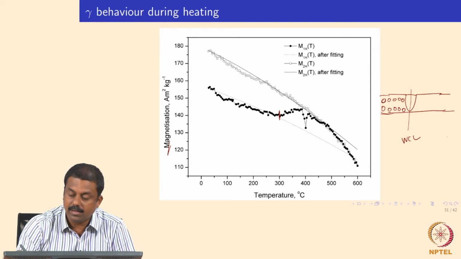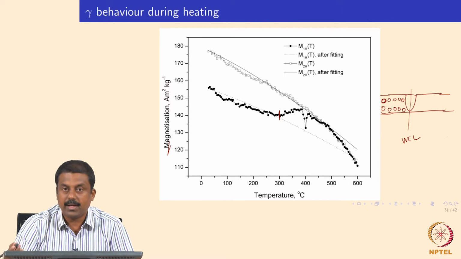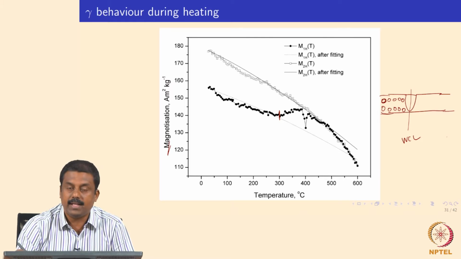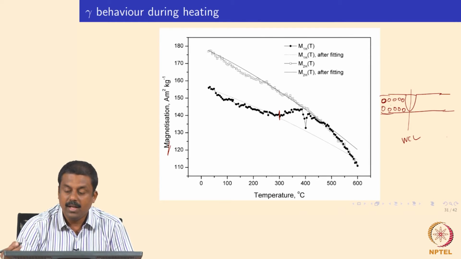So, it is a bulk measurement, not like, for example, when you are doing optical microscopy and looking at the retained austenite fraction, where you are measuring very local regions, right. You are not measuring what is below the surface, you are just measuring on the surface. Whereas in the magnetic saturation method, you are measuring throughout the sample. So, that is an advantage, but the disadvantage is you need to measure over wide regions.